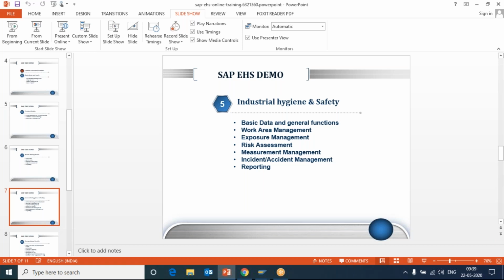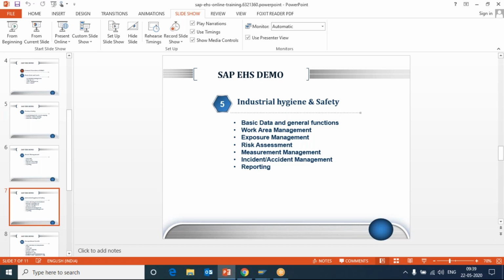Measurement management, incident accident reporting. This is very important when it comes to any incident or accident. There are some legal requirements as well that you have to report. And the preliminary investigation reports have to be generated as for how the incident happened, the place of the incident, and people involved in the accident.